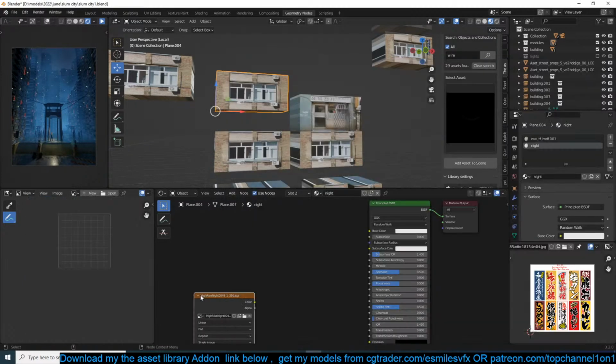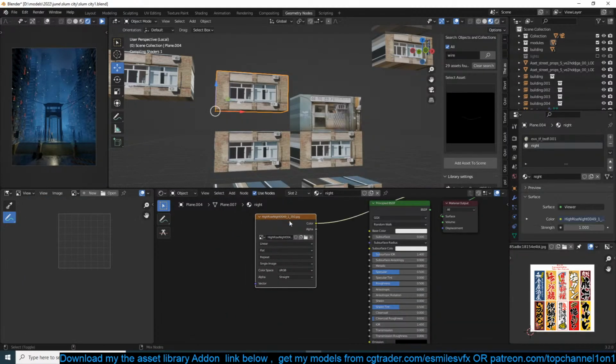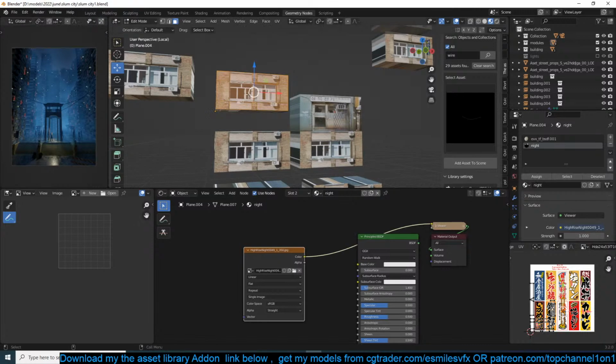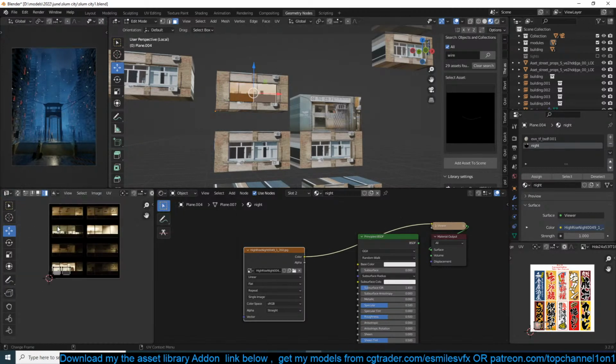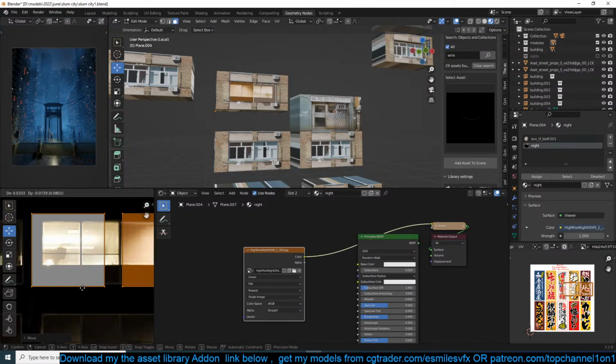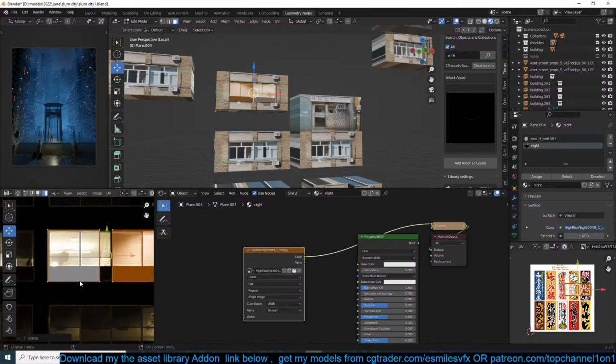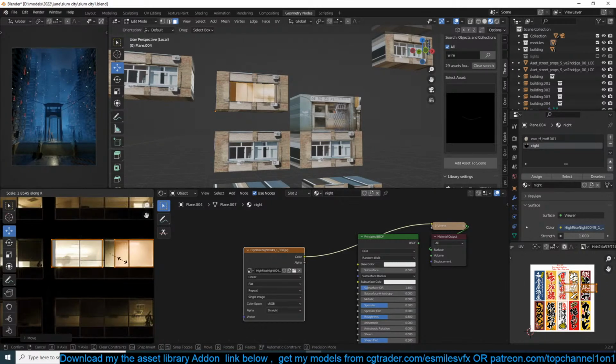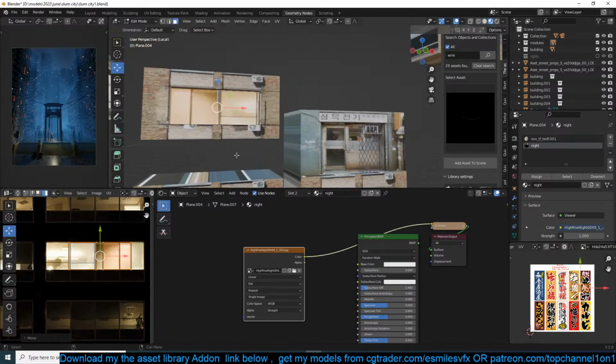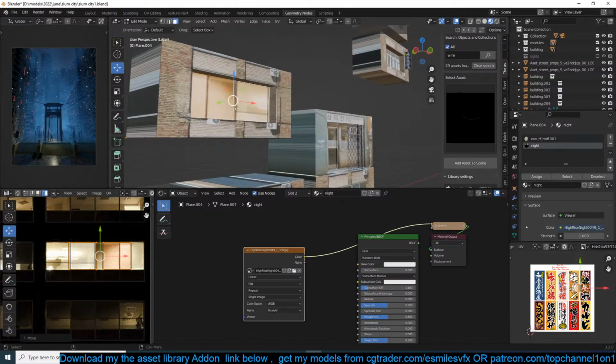Yeah, night. Just assign it to these windows. And just UV map. Unwrap. So maybe this uses this. I think this could be